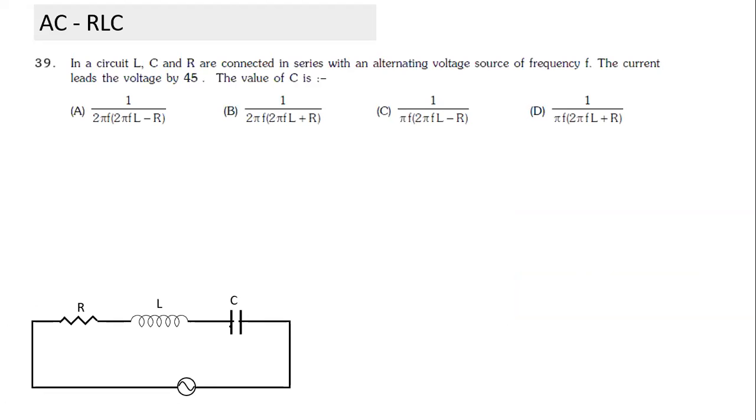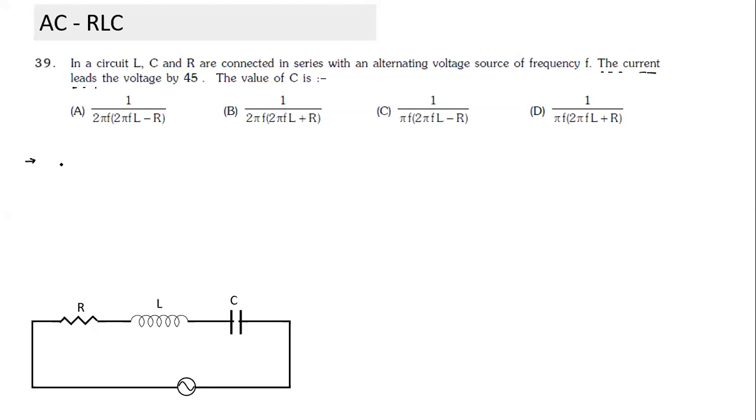Next question. All of you just read through and see how you can solve it. Jaideep, can you solve this question? Yes, sir. Tell me, how would you solve it? So we have the value of tan phi. Very good. First thing, we start with what is given. Can you tell me what kind of circuit this is? Capacitive circuit. Very good. So how do I interpret this information? Current leads the voltage by 45 degrees.